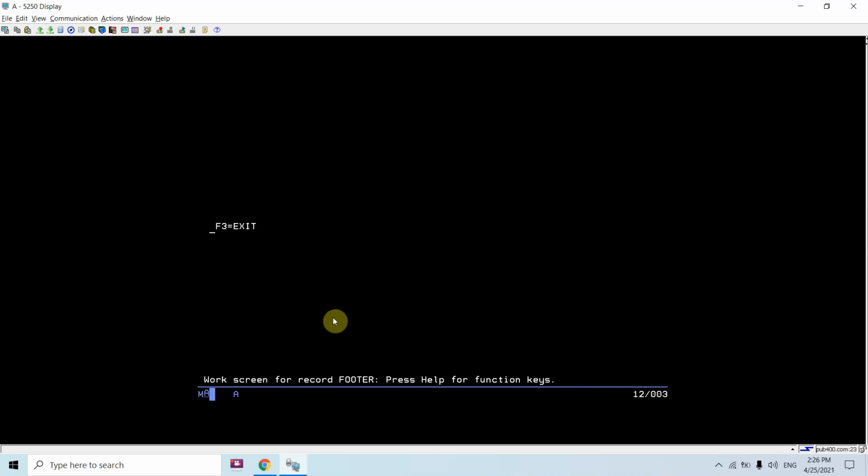This time if we want to see the footer, we can see it is outside the window.